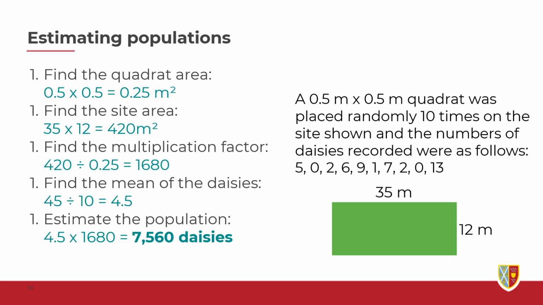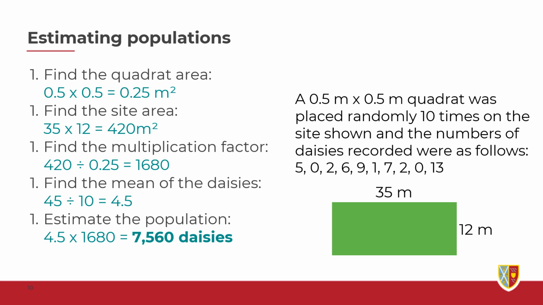We then find the site area. So we've done 35 meters times 12 meters for this particular field would give us 420 meters squared. The multiplication factor, therefore, this quadrat would go into that field 1,680 times. If we take 10 quadrats and we find that on average there were 4.5 daisies across those quadrats,